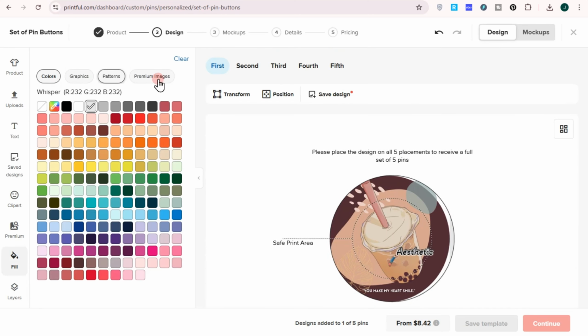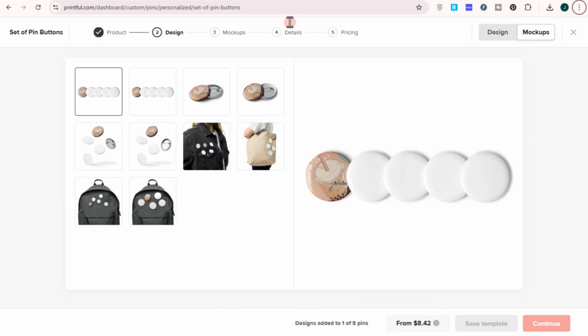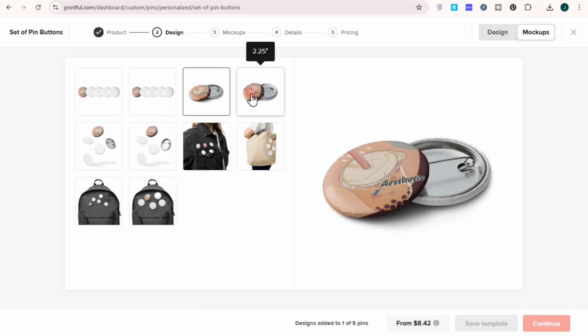So I'm going to show you what it looks like. So I'm going to tap on mockups right here, and this is what it looks like. So feel free to save, print, and proceed with selling. So this is how you design